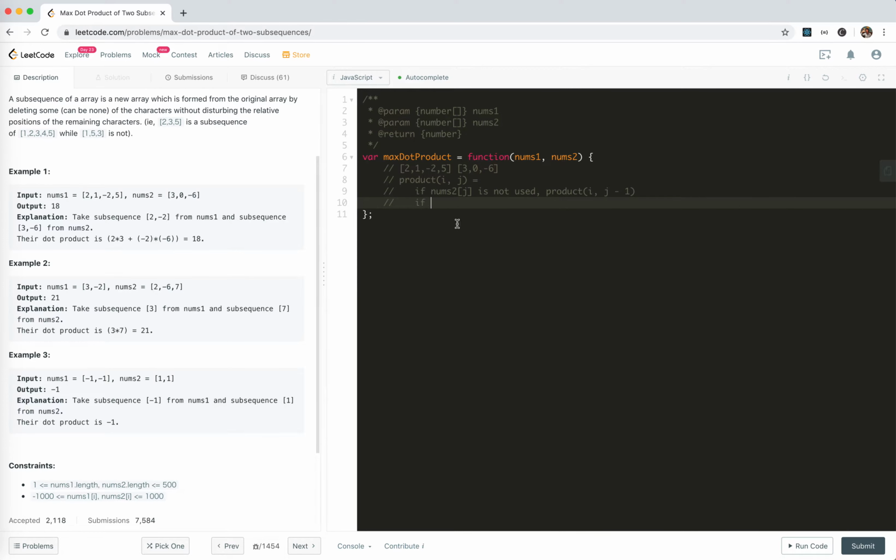If it is used, there might be i possibilities for which one it is used paired with. So we loop through the possibilities and get the maximum. So max